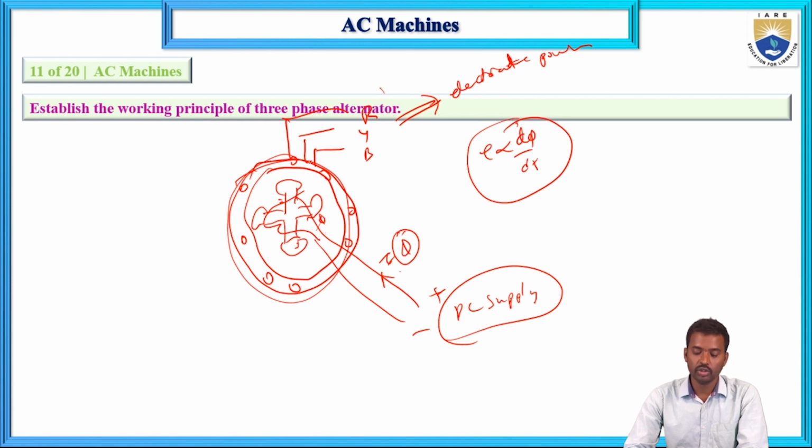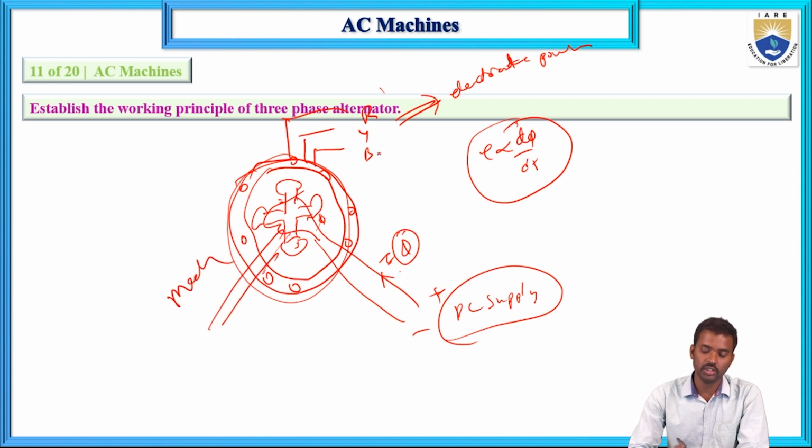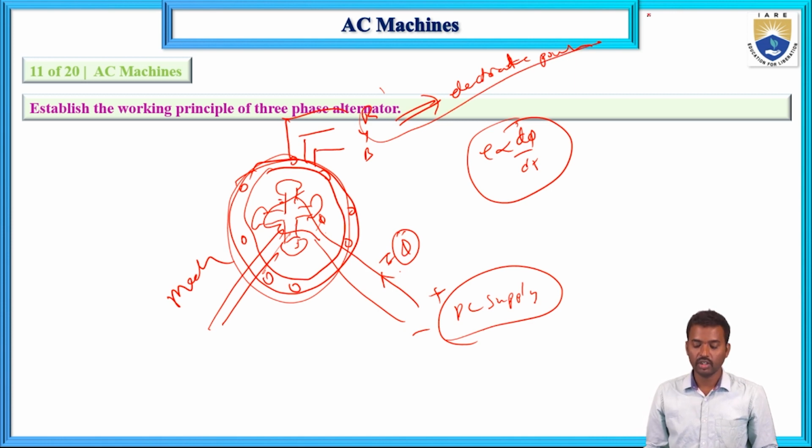And this induced EMF we can take out here. The rotor is rotating, which is mechanical energy, and we are getting electrical energy at the three-phase winding, the RYB terminals. In this way, three-phase electrical supply is generated at the stator winding. Now,